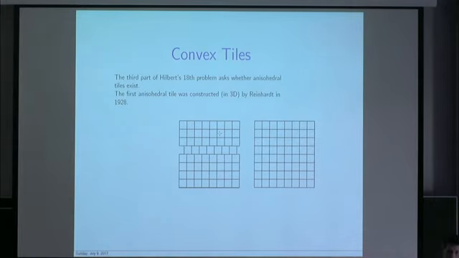So this is the question of anisohedral tiles. It's best illustrated with a picture. We all know that squares give a tiling of the plane. And there are ways to do it, like on the right, which has complete symmetry, but on the left, it doesn't have complete symmetry. We have fault lines. So you can't ask whether every tiling of squares has complete symmetry, because there are other ways to do it.